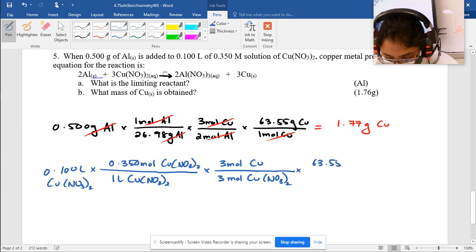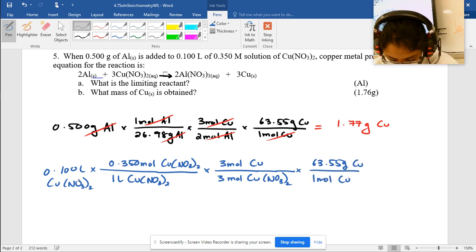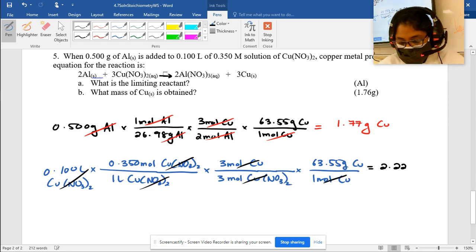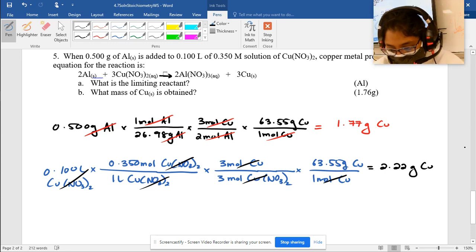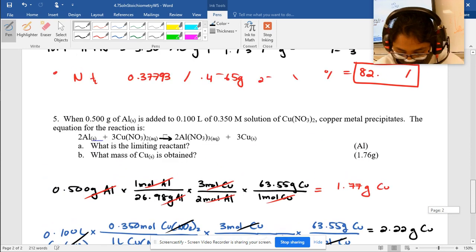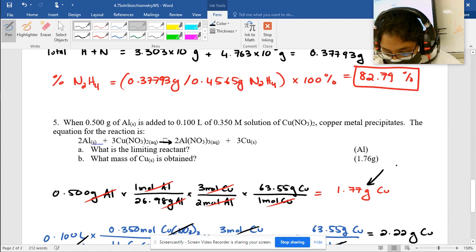And then I'm going to do the mass. Why not? Grams of copper over 1 mole of copper. Let's use black to cancel. Liters cancel. Moles cancel. Moles of copper cancel. Ooh, this gives me 2.22 grams of copper. No good. Too much copper, which indicates to me that this little treasure right here is my mass of copper that's produced,